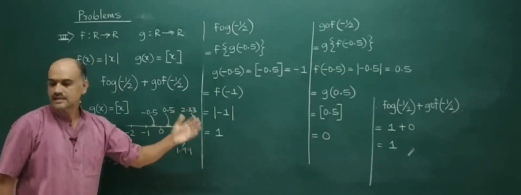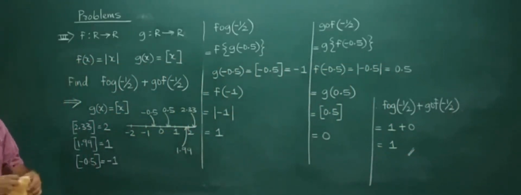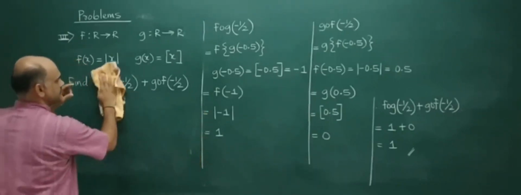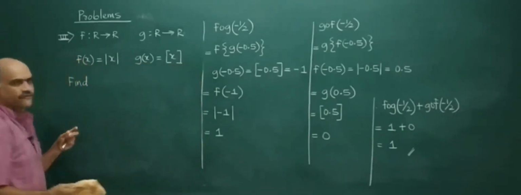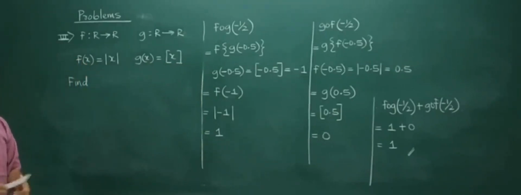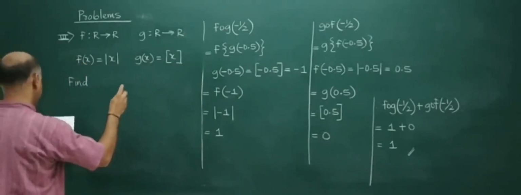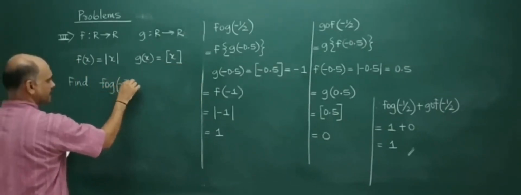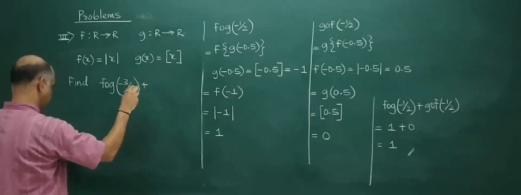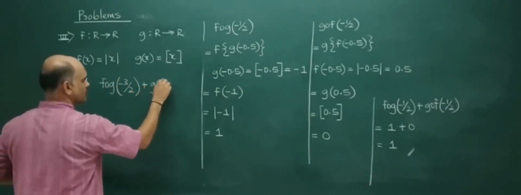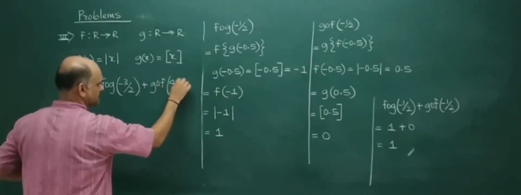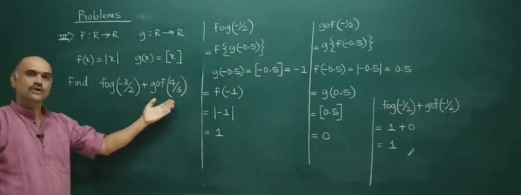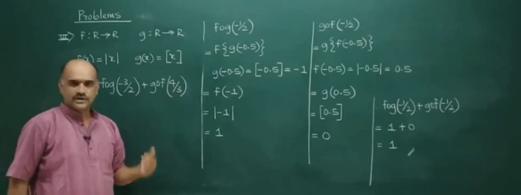Clear, students? Similarly, you can try at home. The terms remain the same: f of x is the modulus function, g of x is the greatest integer function. You can try f of g of minus 3 by 2 plus g of f of 4 by 3. This you can try on your own. Again, in the next session,